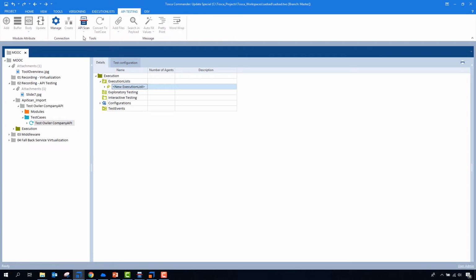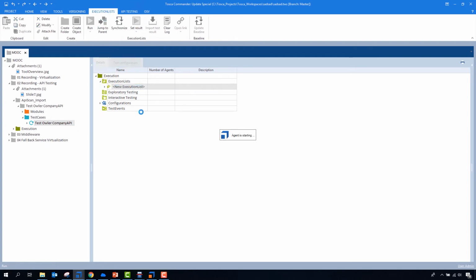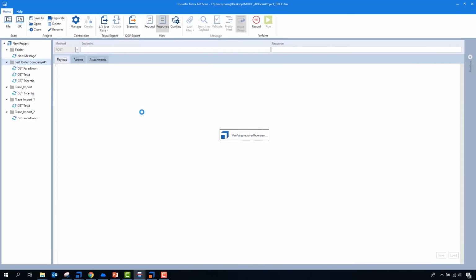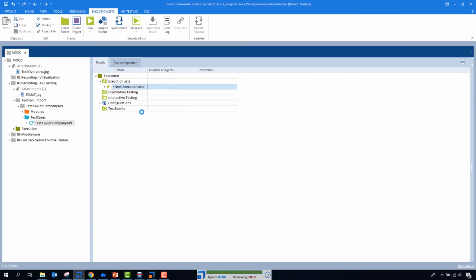And let's just run this. So from the recording, I moved it into Tosca, I created some business parameters with my assistant, and I'm done. So this is how you can pretty smartly create API test cases with our new recording function. So this